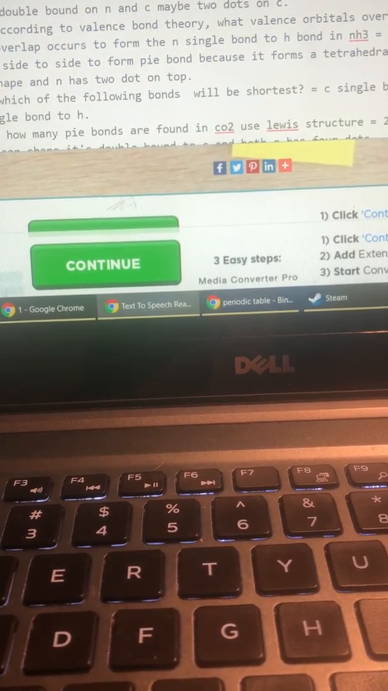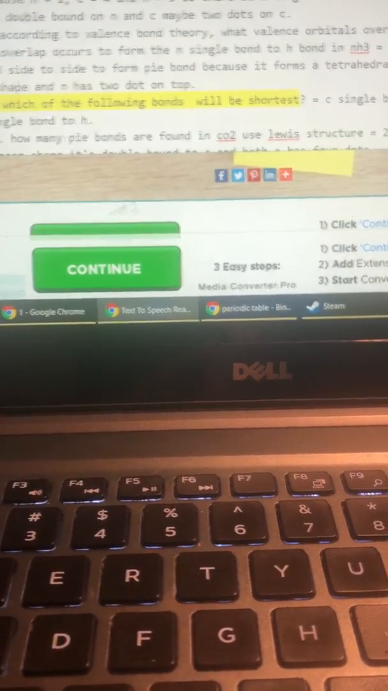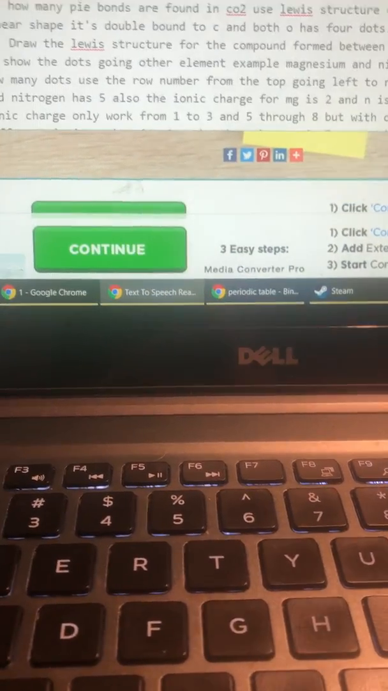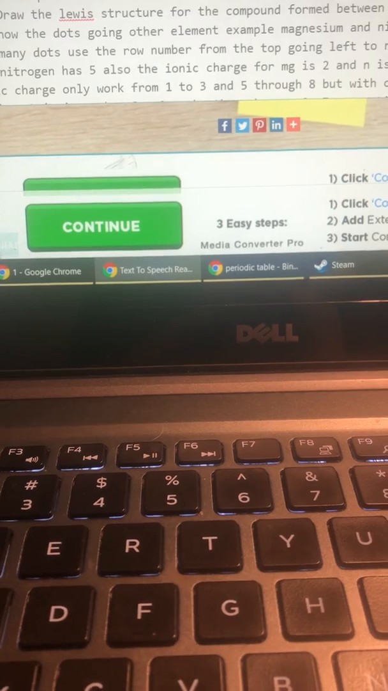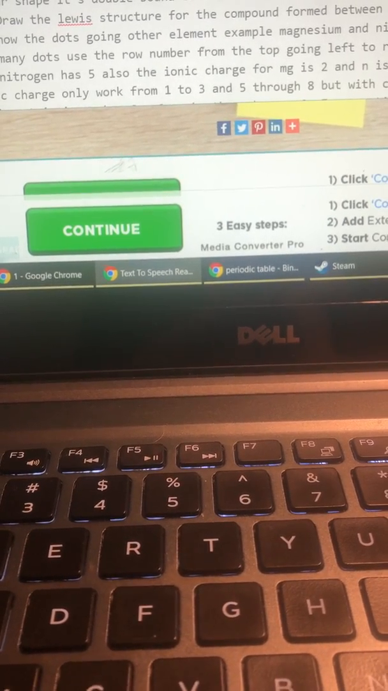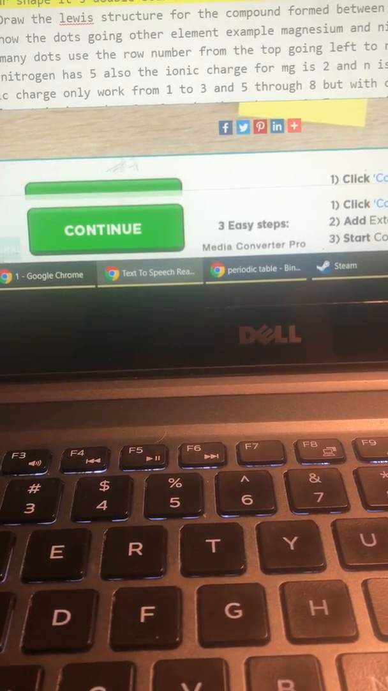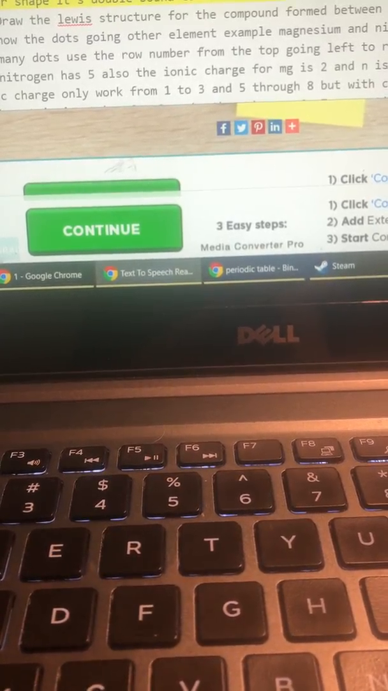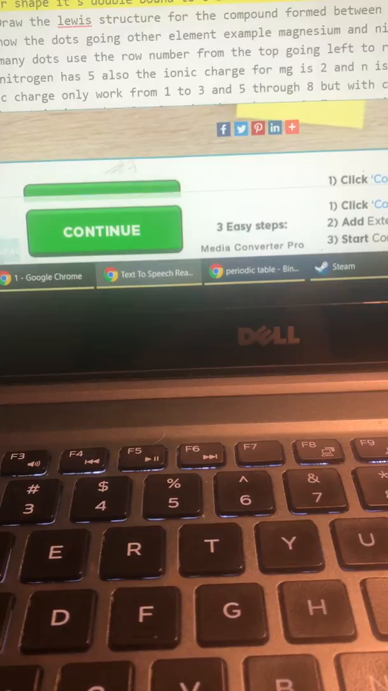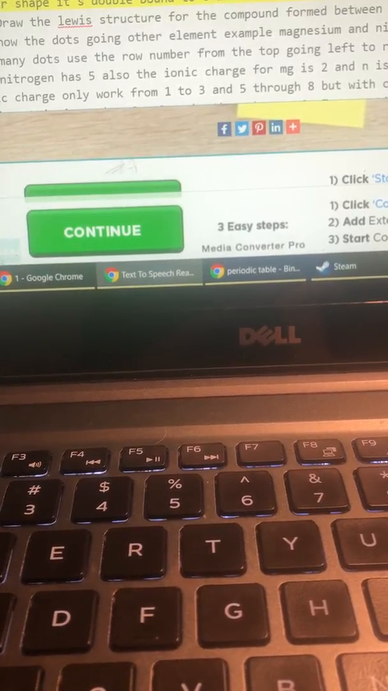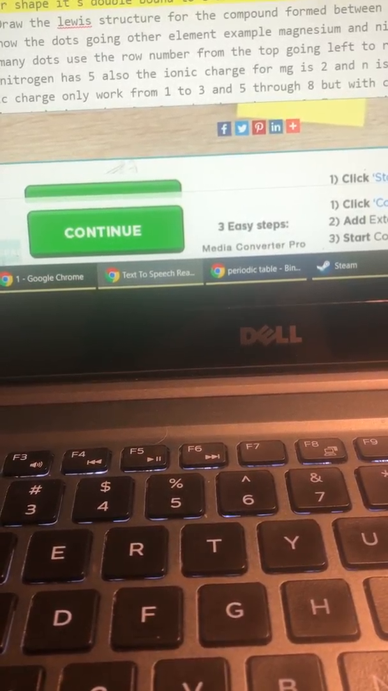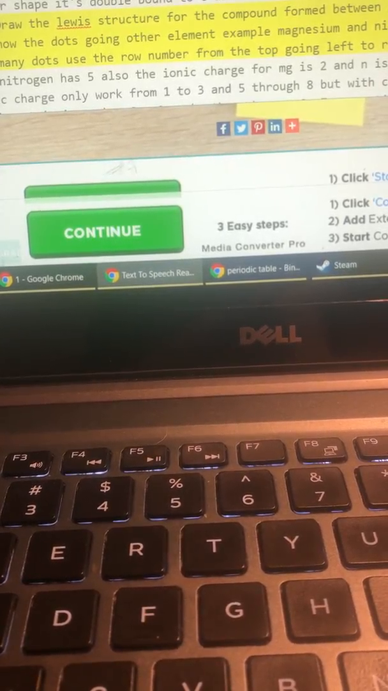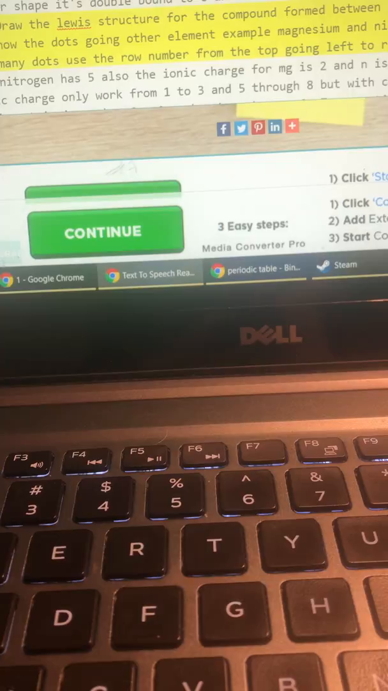9. Which of the following bonds will be shortest? C single bond to H and N single bond to H. 10. How many pi bonds are found in CO2? Use the Lewis structure: 2, because it forms a linear shape, it's double bonded to C, and both O have 4 dots. 11. Draw the Lewis structure for the compound formed between